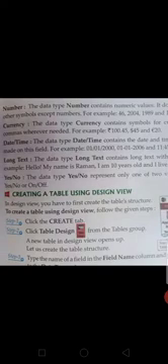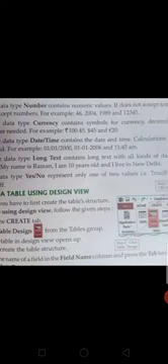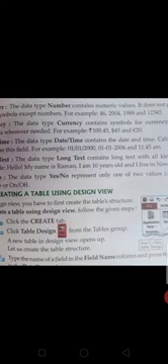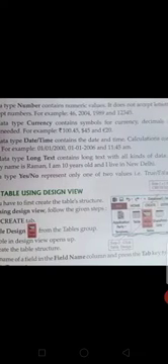Long text. We read short text, in which we have only 255 characters. The data type long text contains long text with all kinds of data, like "Hello, my name is Raman, I am 10 years old and I live in New Delhi." This is long text. Yes/No. The data type yes/no presents only one of two values, like true and false. True is represented by yes and false is represented by no.